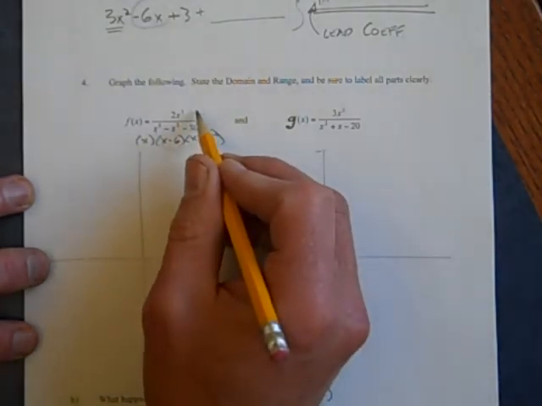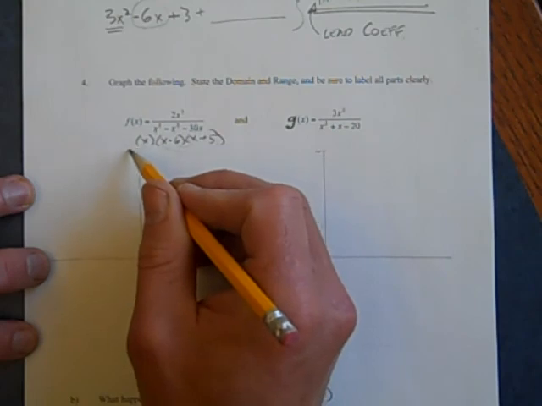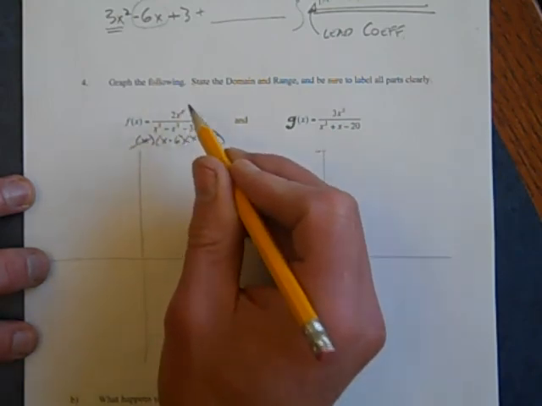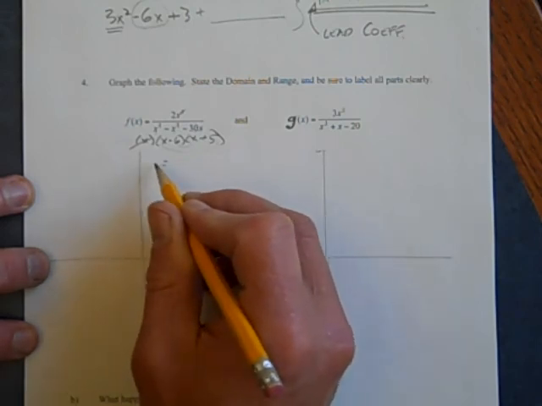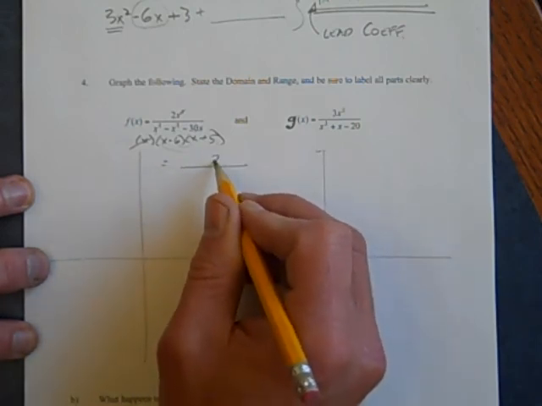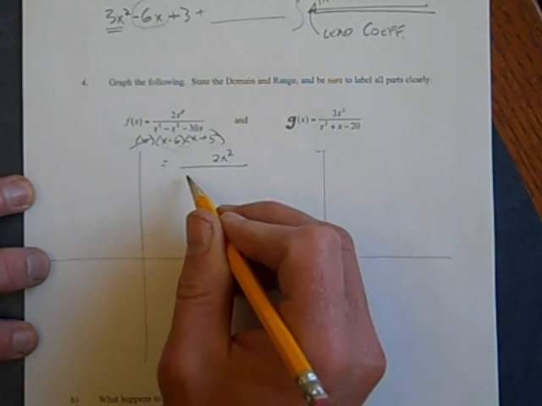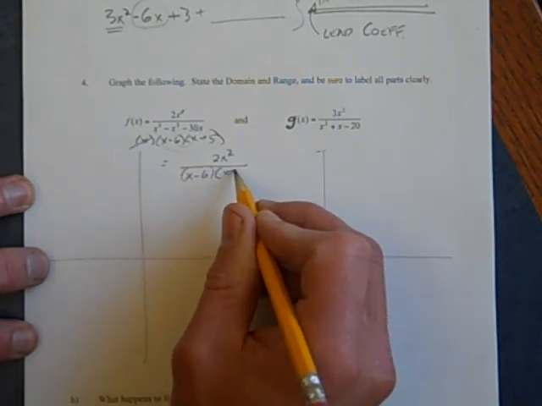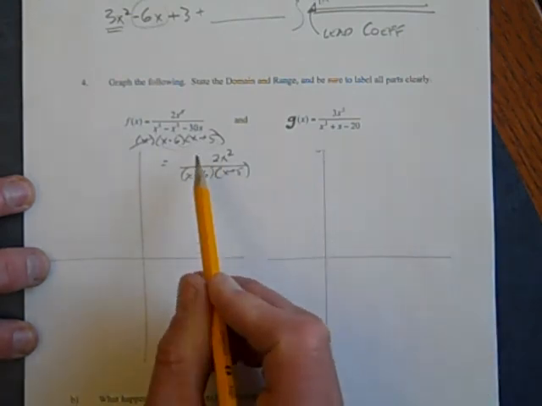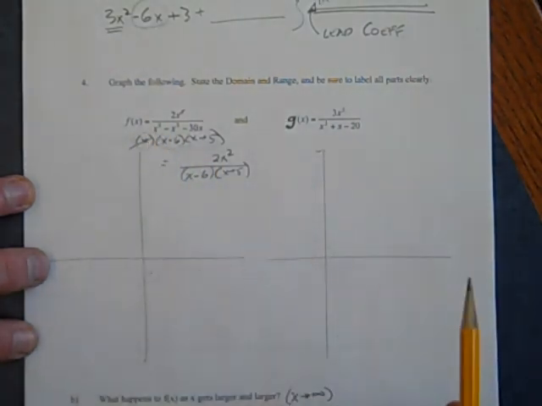This up above then, if you think about it, I can cancel an x here with one of these x's. So this is the same as saying 2x squared over x minus 6 times x plus 5. So this is going to have one of those removable discontinuities when x is